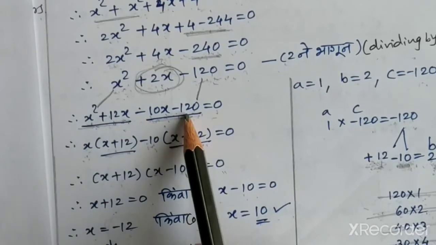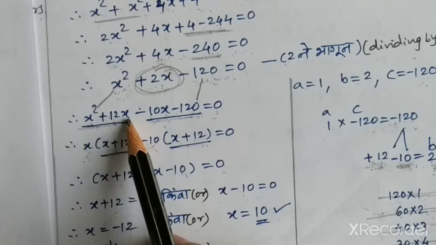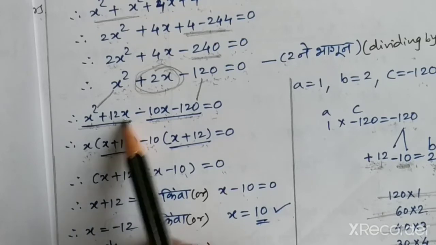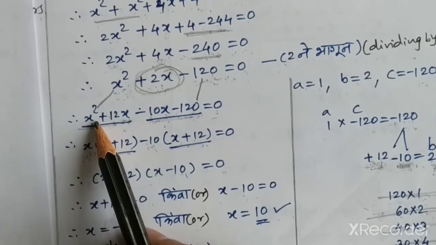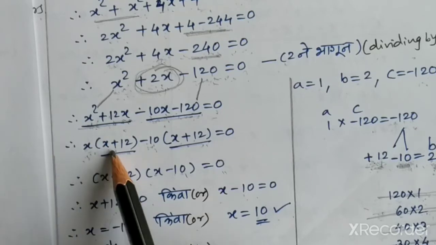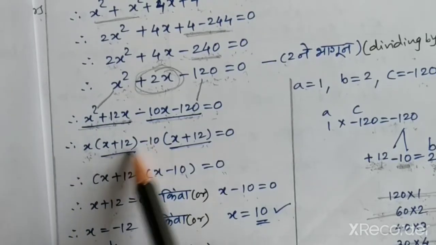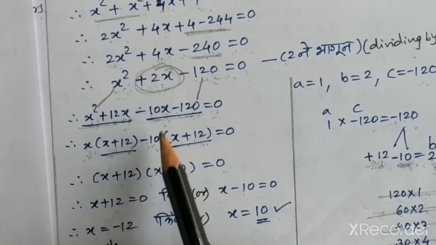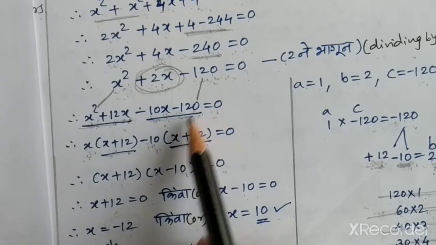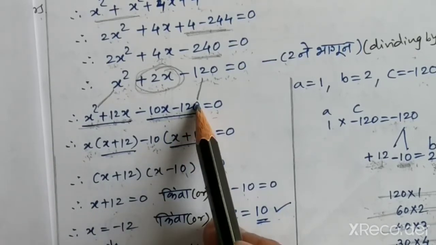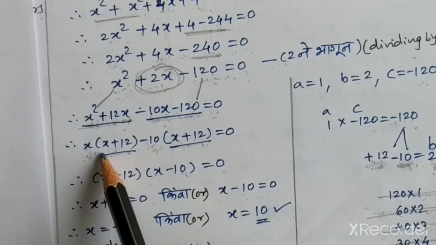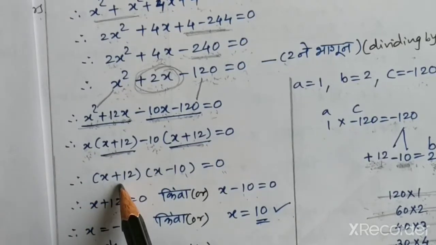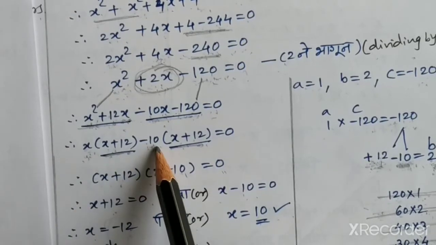Now in each group we have to take the common factor. In the first group x is common. So divide each term in the first group by x. x square divided by x is x and 12x divided by x is 12. In the second group minus 10 is common, so divide each term by minus 10. Minus 10x upon minus 10 is plus x, and minus 120 upon minus 10, minus minus becomes plus, so 120 upon 10 is 12. So again x plus 12 is the common bracket. So underline this. The common factor is in the first bracket and write the uncommon factors in the second bracket,